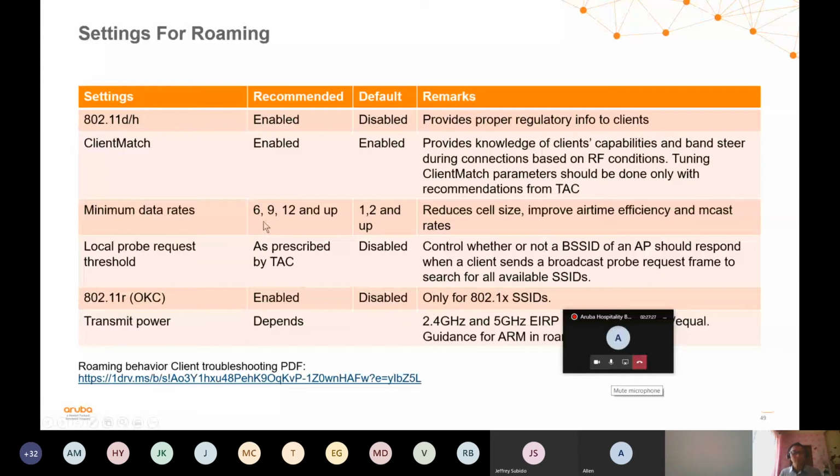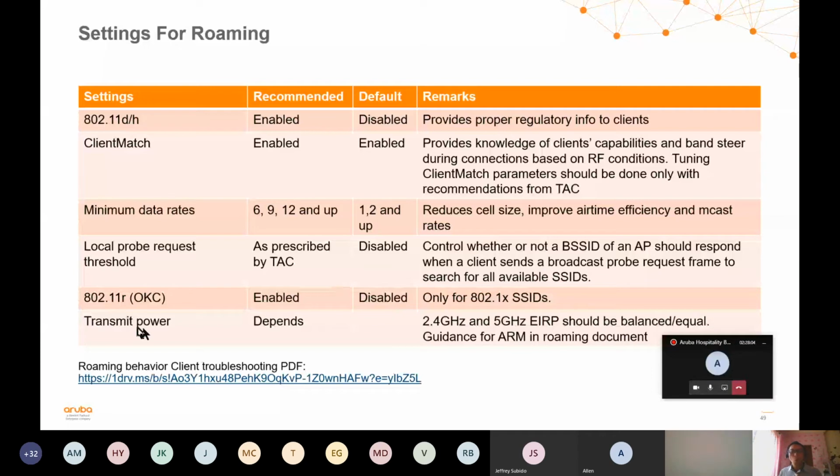Okay. There are some other options. Local request threshold: I would recommend you do not change it unless you open a case and tech support prescribes it. You can play around with it, but be careful with it. And transmit power. The goal that I usually aim for